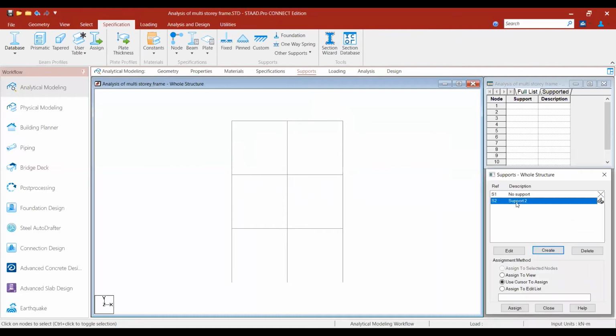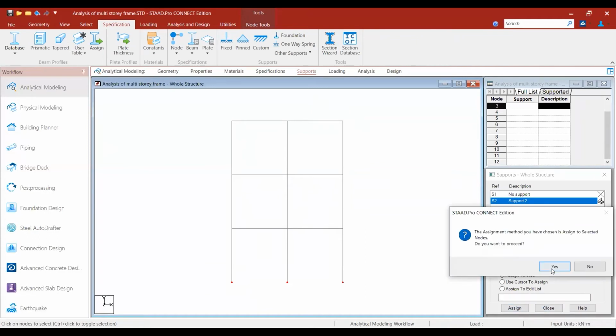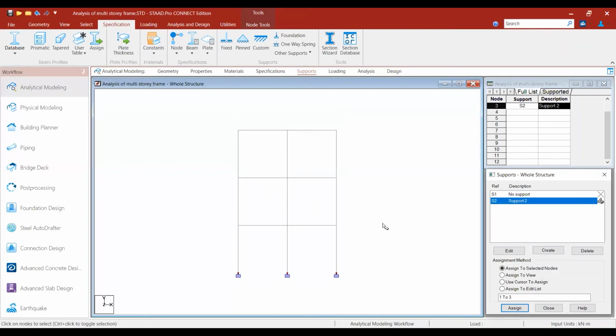Select these again by holding the Control button, using the node cursor to select the nodes. Now assign to selected nodes. We have assigned the nodes.